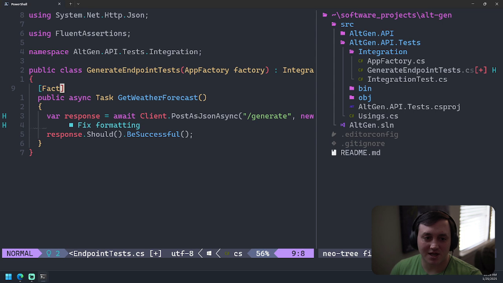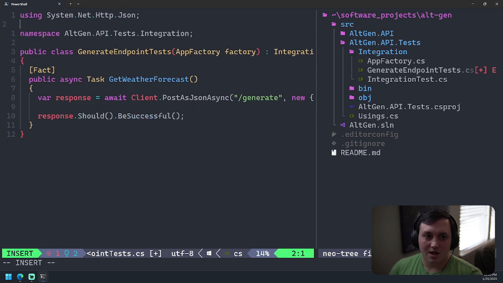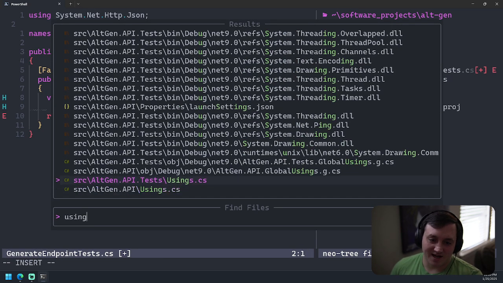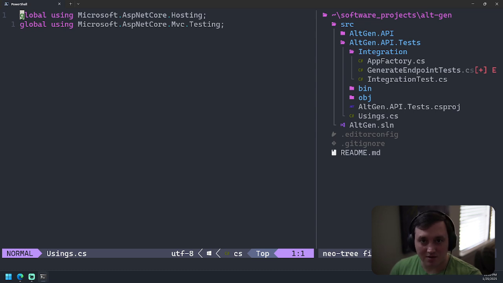I'm using the XUnit test runner, but everywhere I use Fact, I don't want to also add a using for XUnit, or really anything from the XUnit library while I'm in this test project. You can do the same thing with Fluent Assertions. So instead of adding a using in all the places where I want to use Fluent Assertions, I could go to my global usings file and add it here.